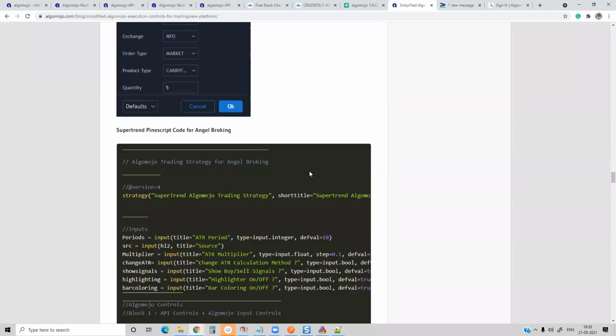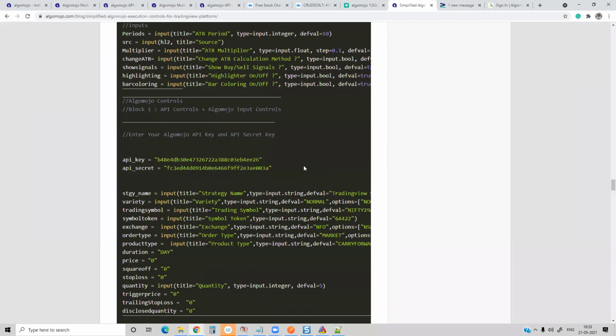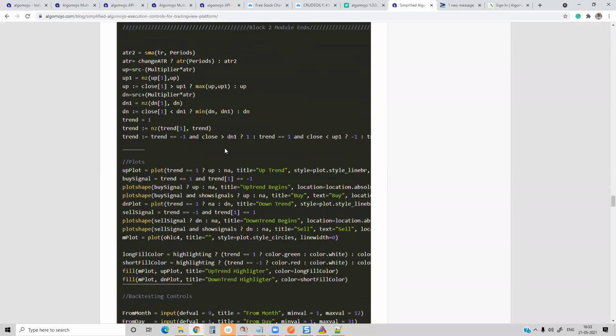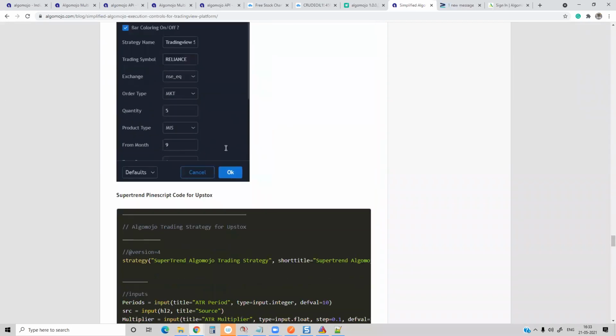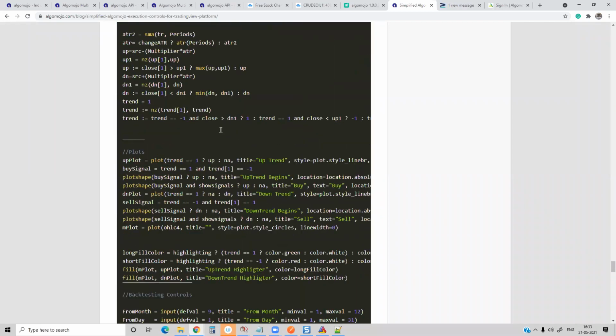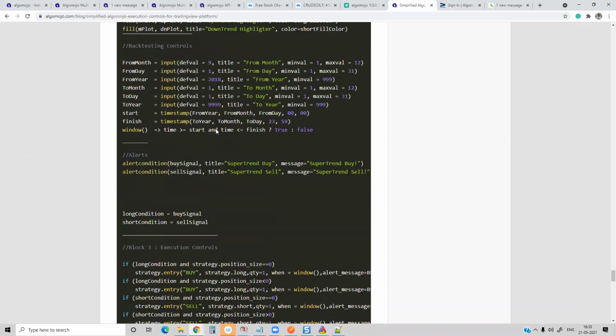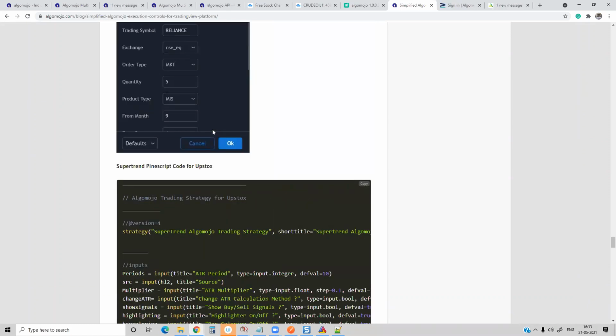So a total of 3 blocks of code I have given. In the current case, I'm going to take the control module for Alice Blue. So here is the module for Alice Blue. Let me scroll down. I'll also share this link in the Zoom as well.